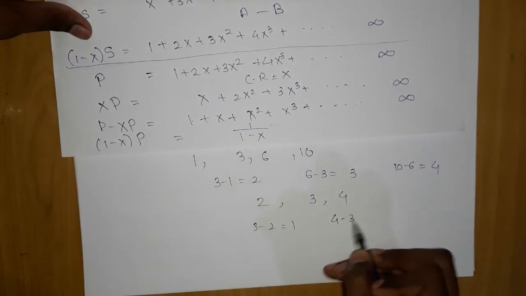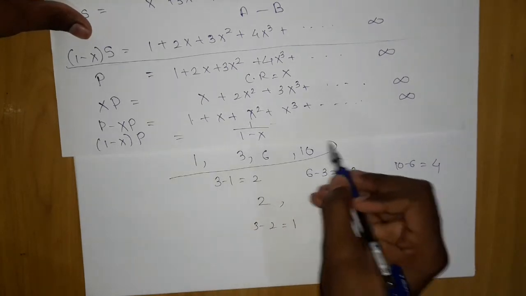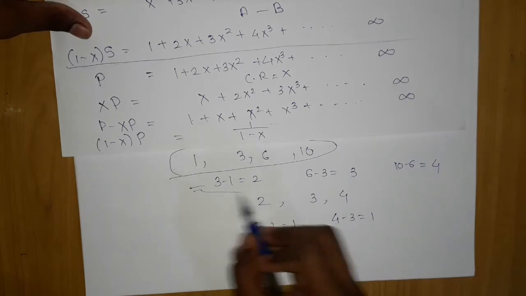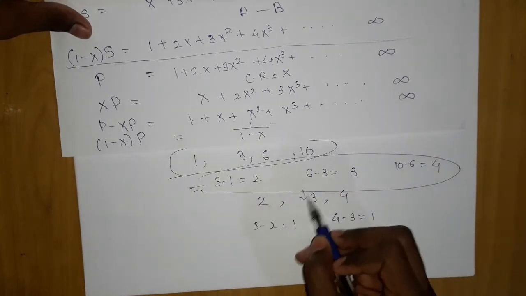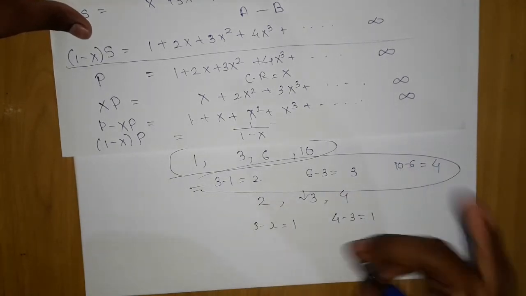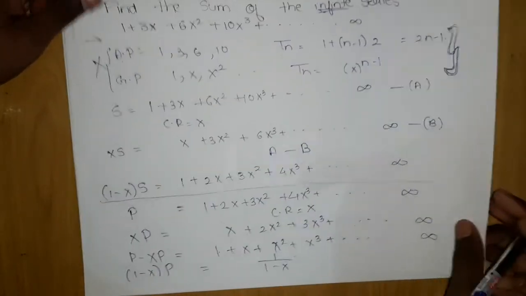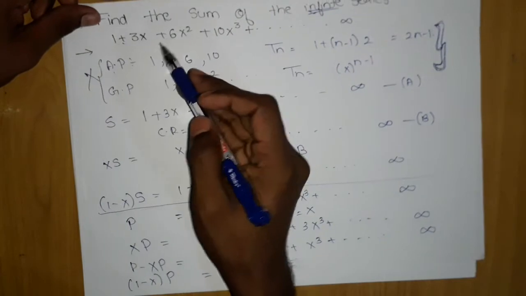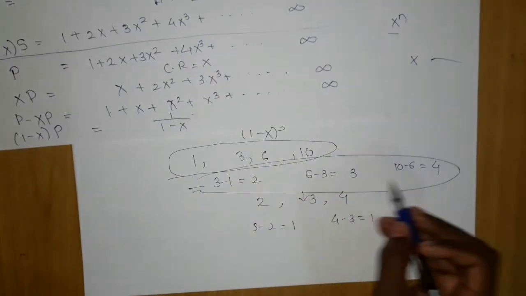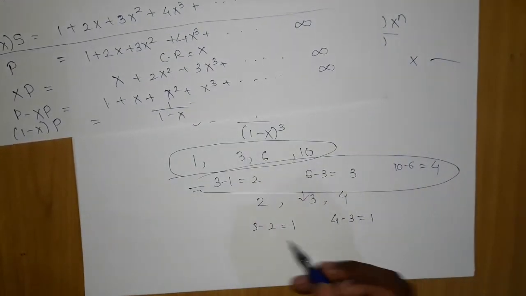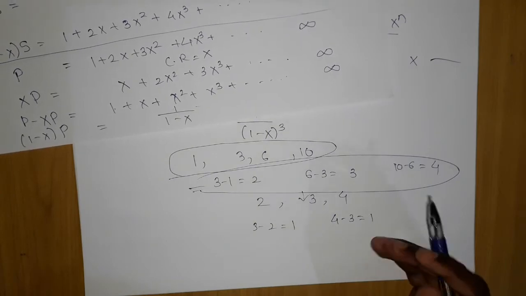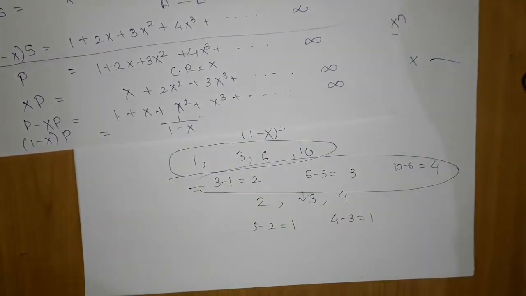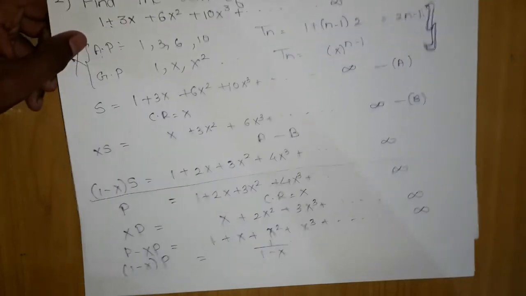If you do 4 minus 3, you get 1. So terms which don't form an AP in the first attempt, but whose differences form an AP, like this, can also be solved by AGP. Like here, they are not forming an AP in the first attempt, that is 3 minus 1, 6 minus 3, but when the difference is taken, they are forming an AP. Same goes for the power. So this type of problem you can do by AGP again, but it involves 2 times